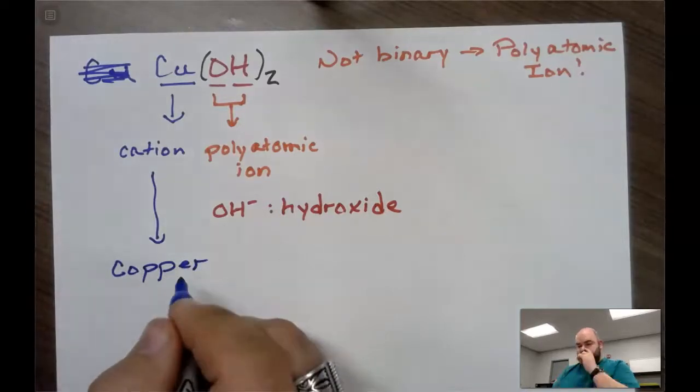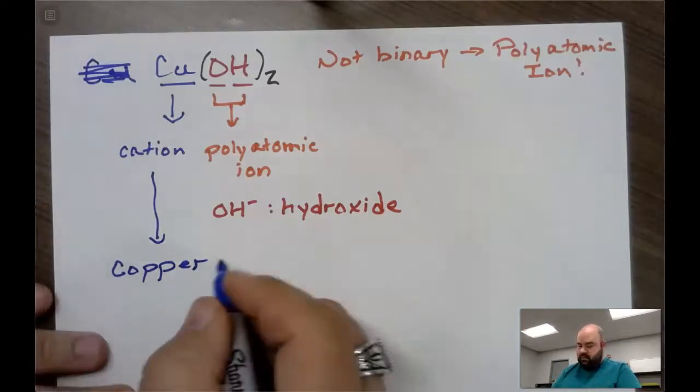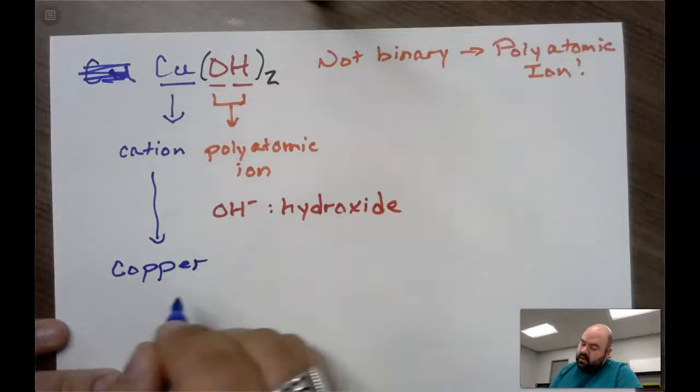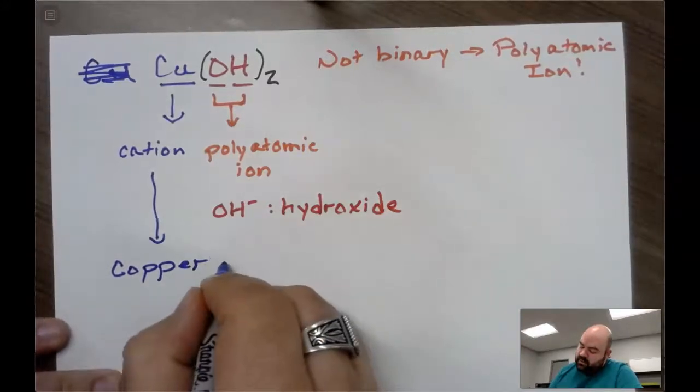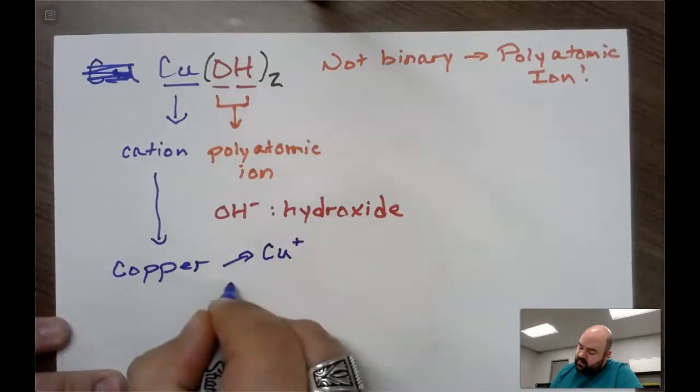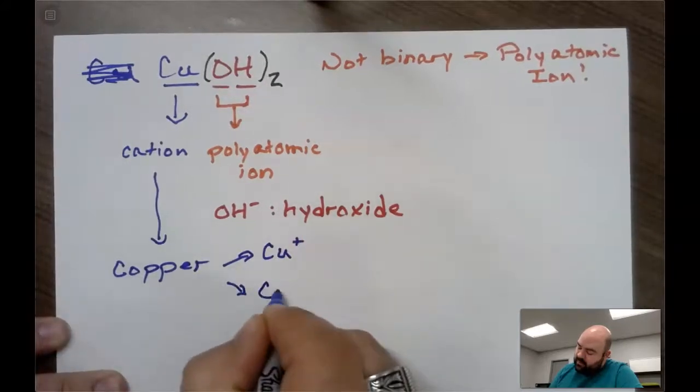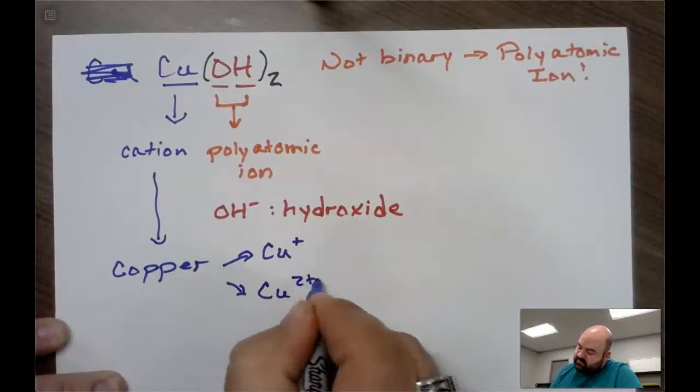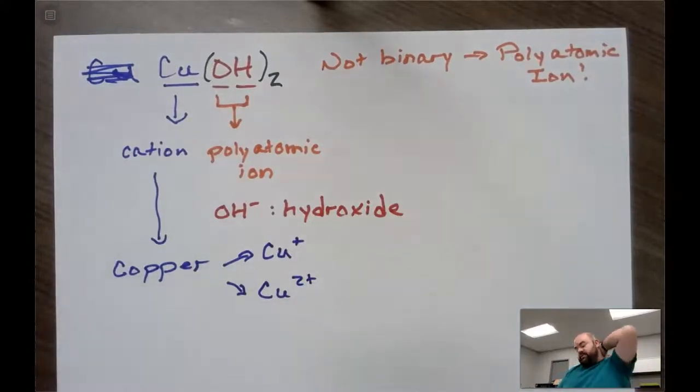However, there's a problem here. Copper can either be copper 1 plus or copper 2 plus, meaning it's a type 2 metal. That's something you have to recall, and a shortcut to figure that out